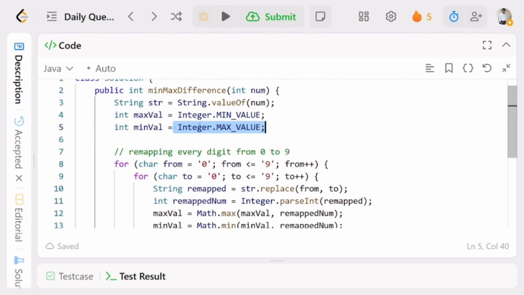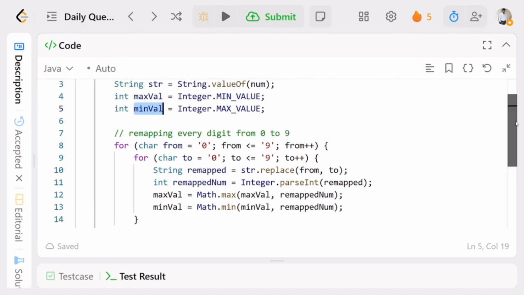And then why are we taking this min value and max value? The max value will start as the lowest infinity for integer, and the min value as the max infinity. We have to keep track of this min and max, and store the minimum and maximum value for this string after converting. So what we need to do,